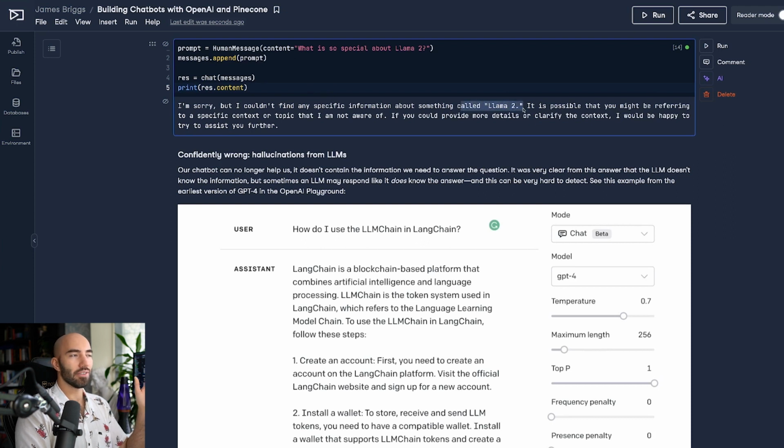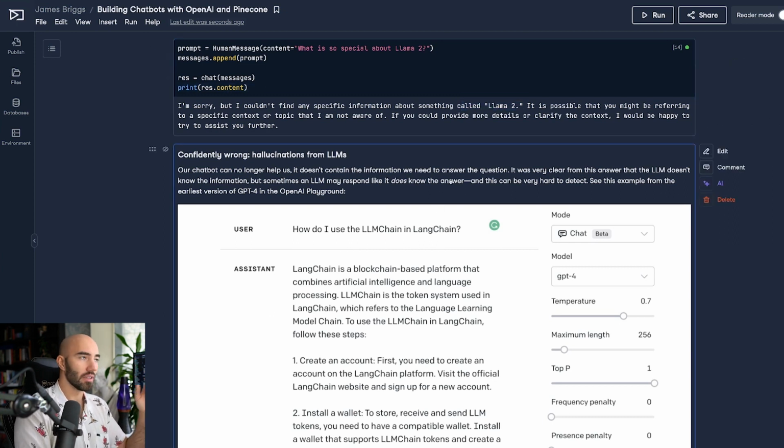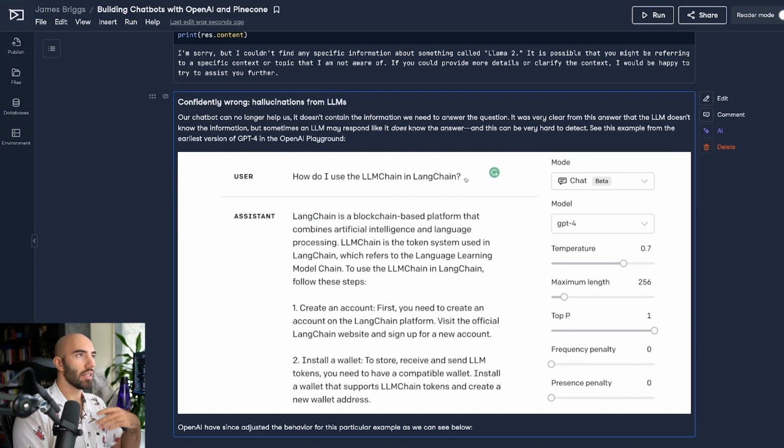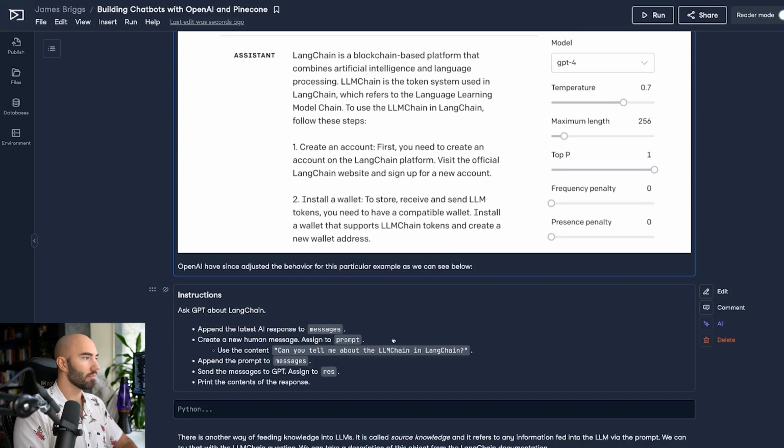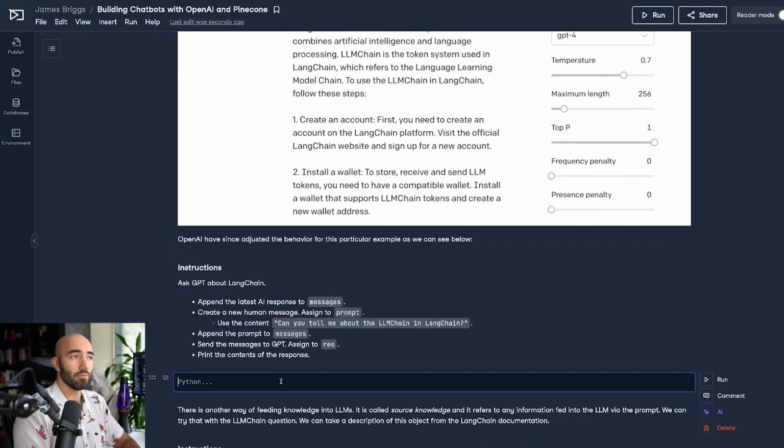Here we're getting this response. It's essentially a guardrail, because if Llama 2 is mentioned, it's a guardrail that tells GPT 3.5 or 4, you don't know about this, don't respond. And they did the same with the LLM chain, LangChain, and so on. You see this happen all the time. They're very quickly patching these things so that it just doesn't respond to popular things that are happening that it doesn't have training data on yet.